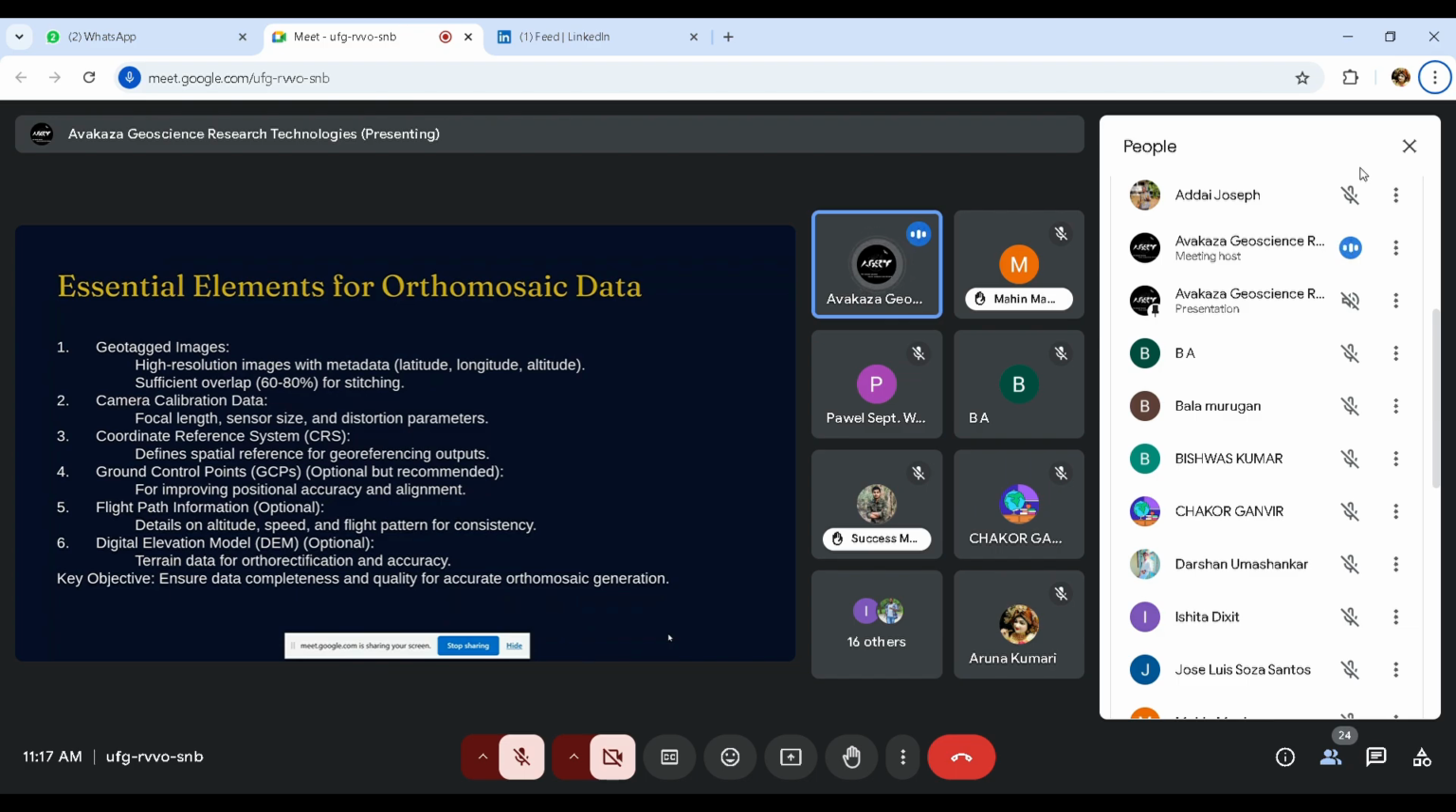gimbal movement. Okay, so the other element for auto-mosaicing data is camera calibration data. So your focal length, sensor size, and distortion parameters should be given as the default. That is, if there is a default value for each drone provider, you can give it. Else you need to find out which kind of parameters you need to choose for your own